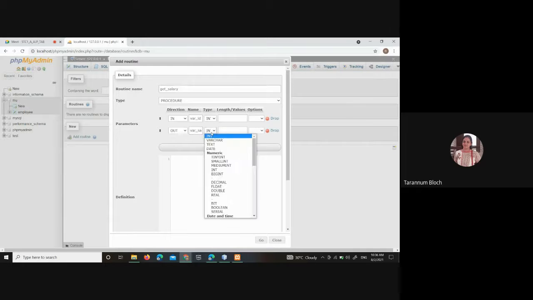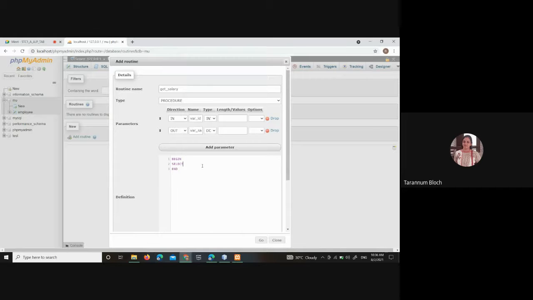Salary is of double type. Now write the body inside the main box. Begin, and end. In between you have to write.